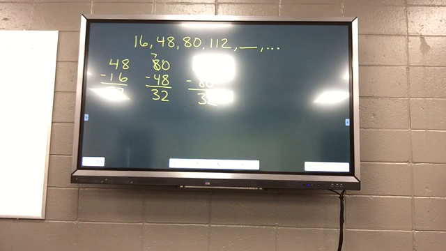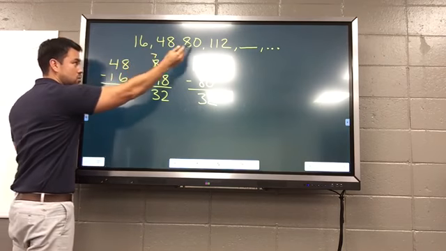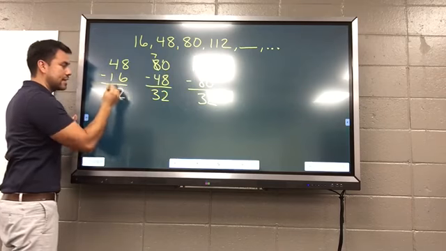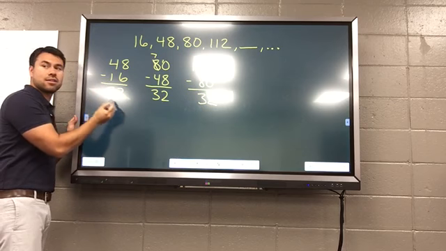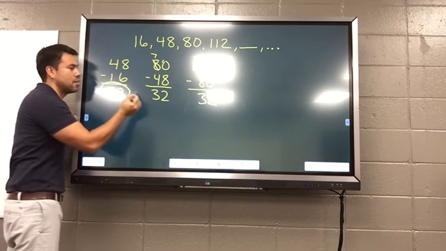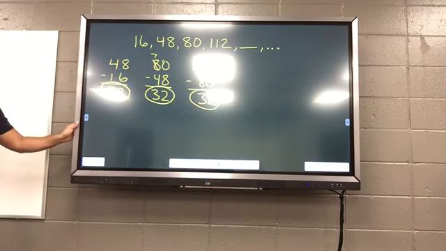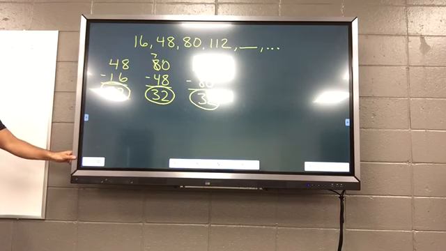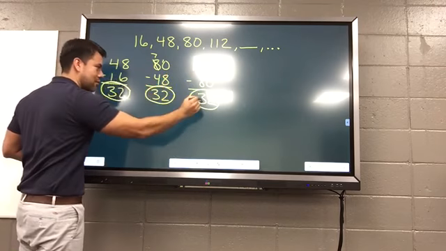Is there something that links those numbers together? Yes. Here's what I want you to get, because this is going to be super important. Do you notice when I subtract these two, or these two, or these two, I get the same number? What is this number in a subtraction problem called? Vocab time. The answer to a subtraction problem is called the difference. When I say find the difference, what operation comes to mind? Subtraction.